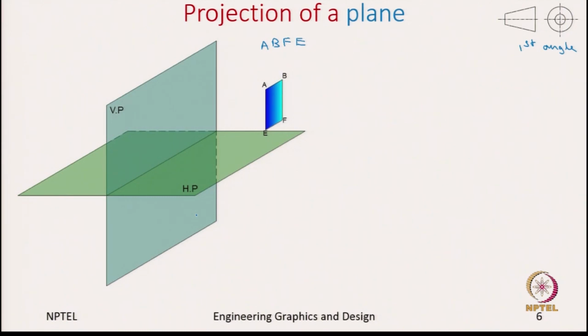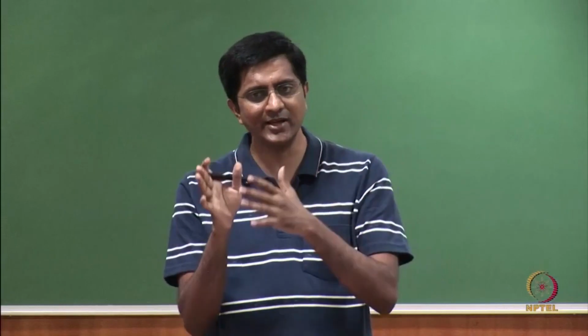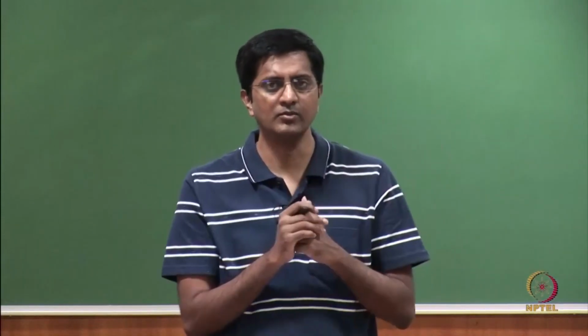Let us first start by capturing the front view. When we capture the front view, we get A dash, B dash, F dash, E dash. Since this plane ABFE is parallel to the projection plane, which is the vertical plane here for the front view,